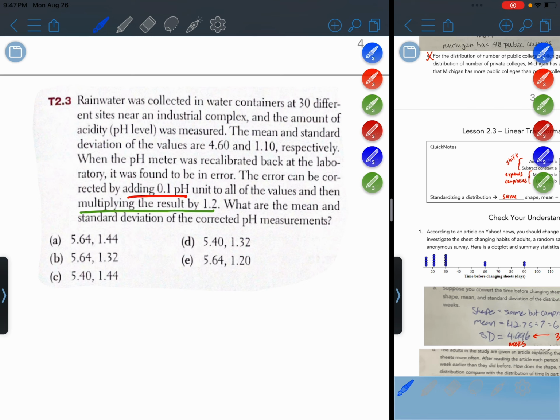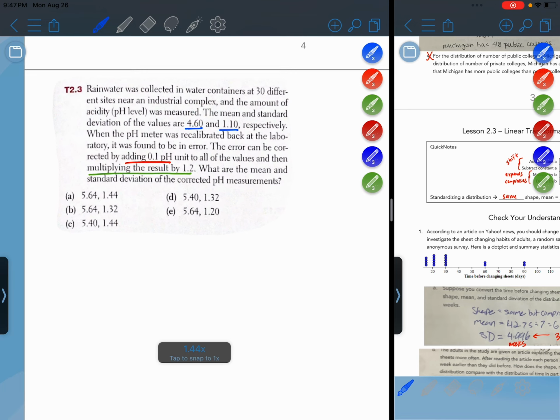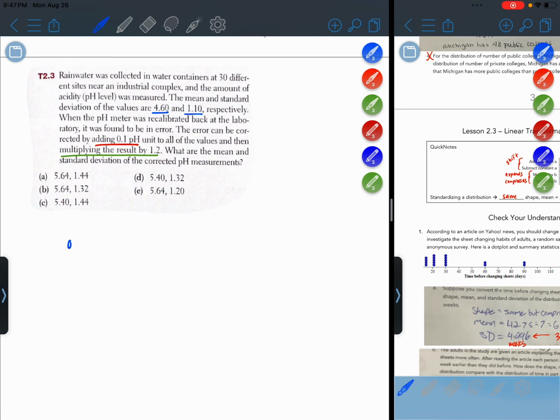Okay. Right, so our original measurements have the following mean and SD. So let's write this: original, mean, SD, 4.60, 1.10. Okay, and then we need to add 0.1 pH to everything, and then afterwards we need to multiply